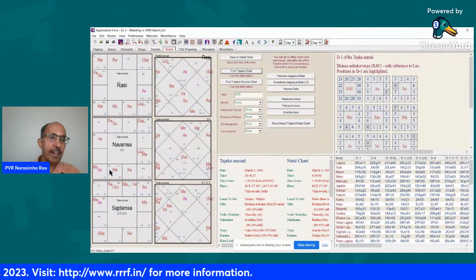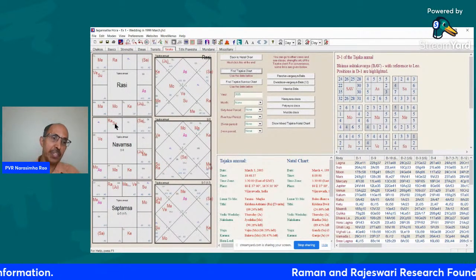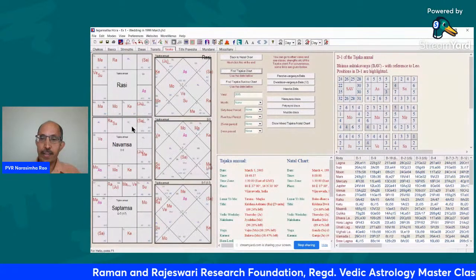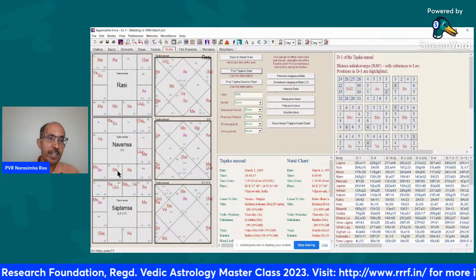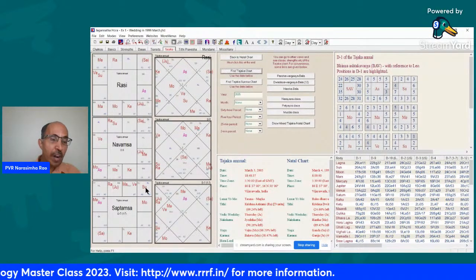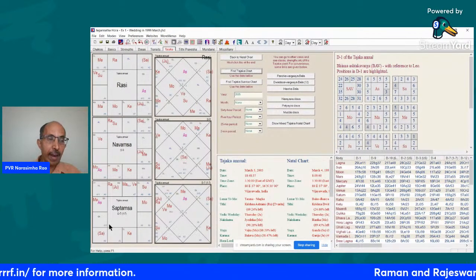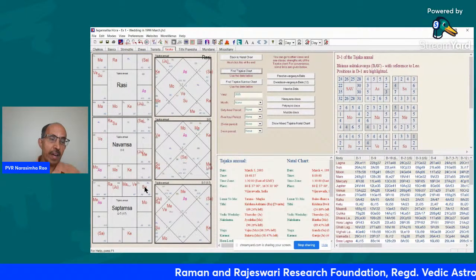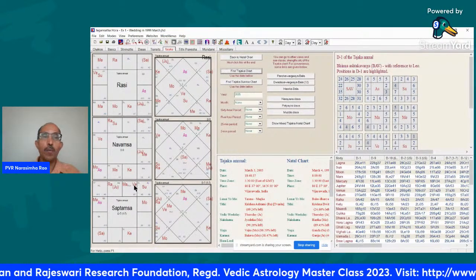And if you look at the Navamsa chart, the Lagna Lord is in the ninth house, and the ninth Lord is exalted in the fifth house. So fifth and ninth are really blessed. And the fifth Lord Mars is in own sign. He's strong. And finally, if you look at the Saptamsa, the fifth Lord Mercury is in Lagna, and the Lagna Lord Saturn is in the 11th house of gains in the chart of children, and he's aspecting the fifth house of children. And the other thing is the Yogakaraka Venus, the ninth Lord, is basically in own sign.